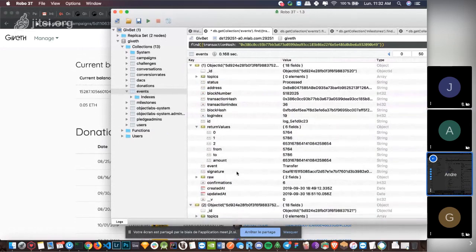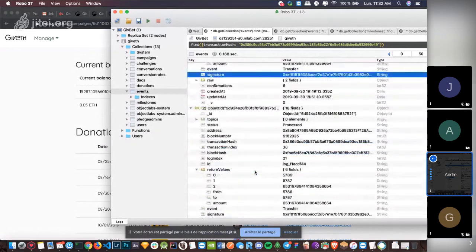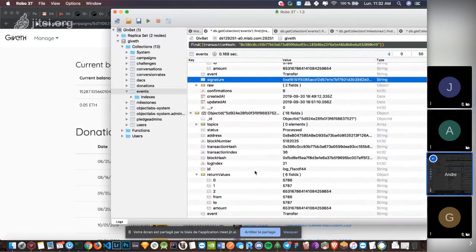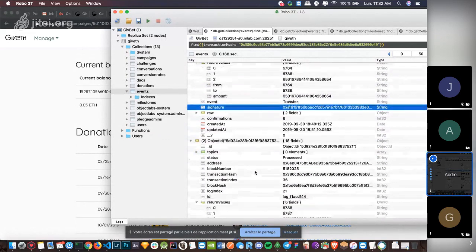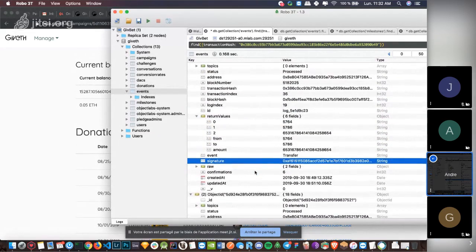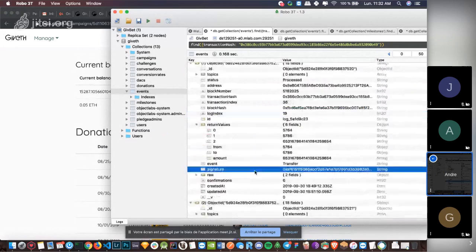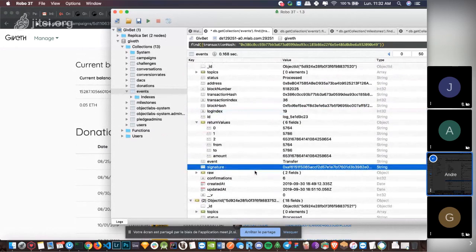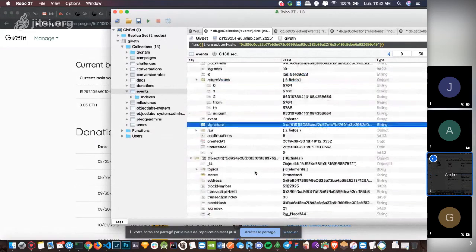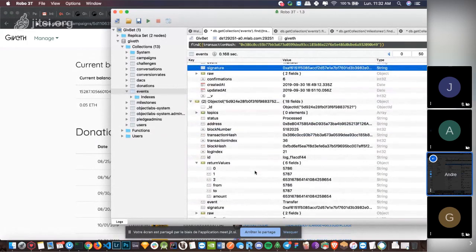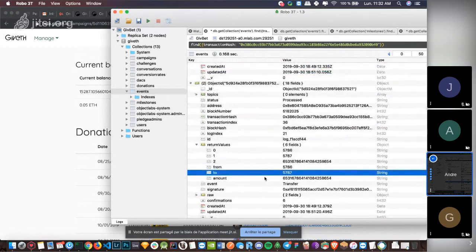Transfer and transfer: address, block, transaction hash, log index, return values 5787, 5787. So there is a duplicate event here,